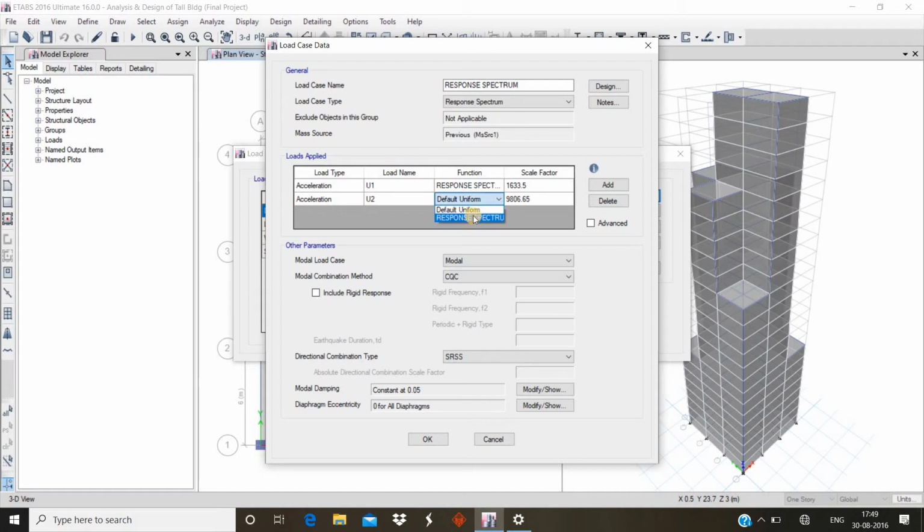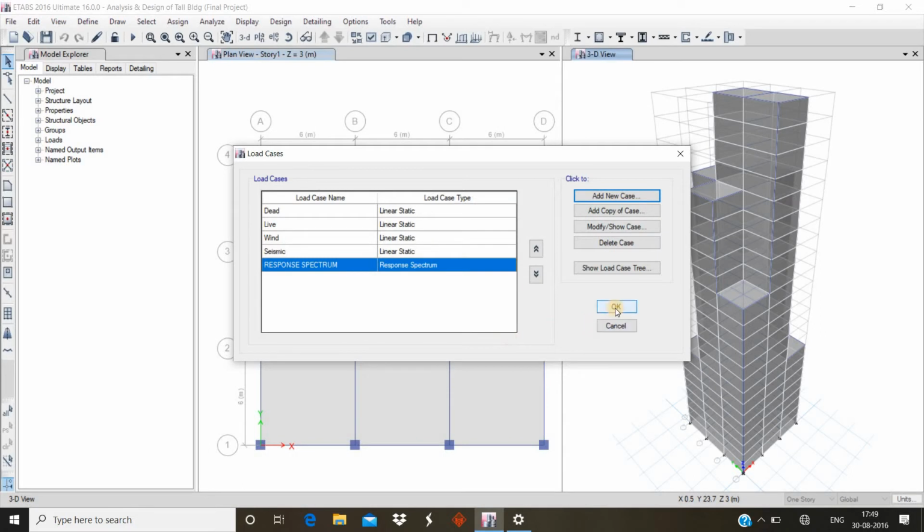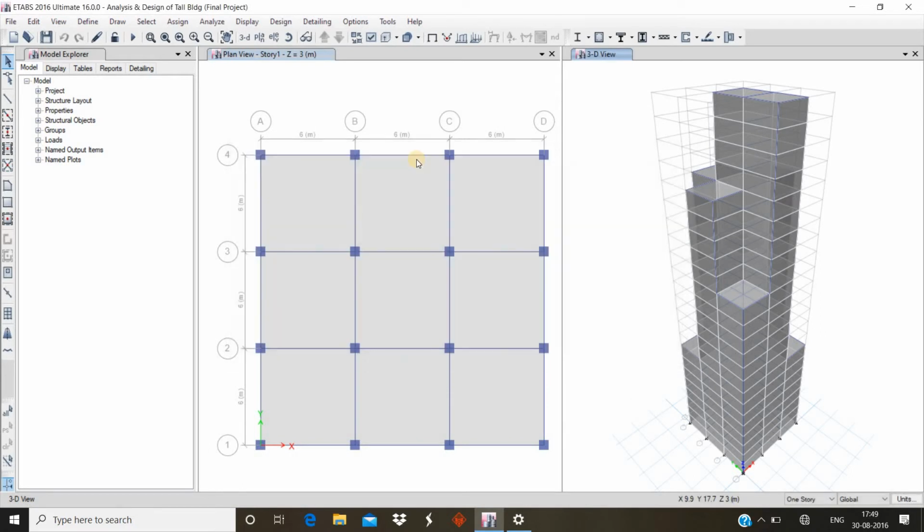This is a response spectrum, so click on response spectrum, and there is also the 1633.5 value of the scale factor. So the loads are added here. Then click on OK, and next click on OK.